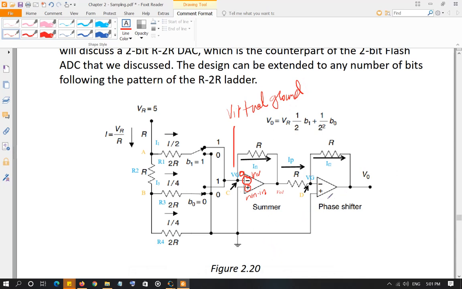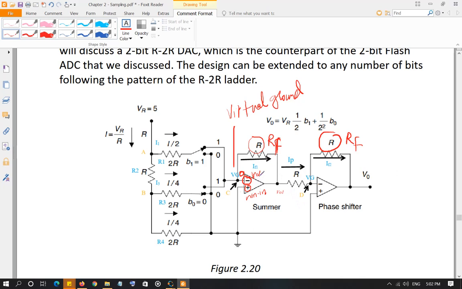The same thing goes over here for the phase shifter circuit. The non-inverting input is connected to ground, so the inverting input is going to be at virtual ground. How does a summing circuit work? Basically, since no current goes inside the operational amplifier, whatever current is coming here, as we'll discuss pretty soon what current is coming here under different conditions, basically goes through this resistor, what we call the feedback resistor. So this resistor is the feedback resistor. Likewise for the second one, this resistor is the feedback resistor.